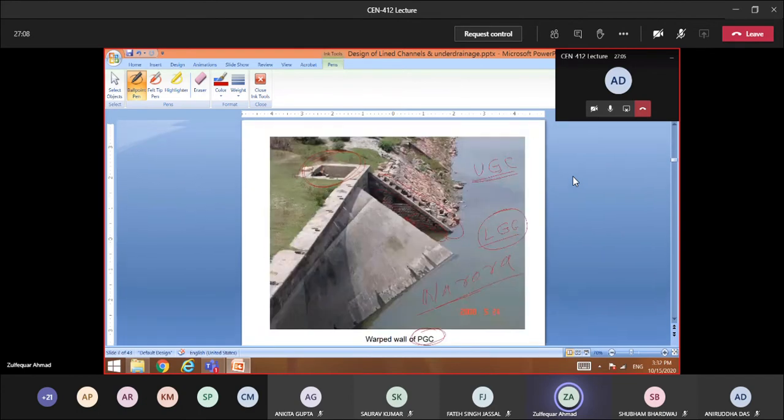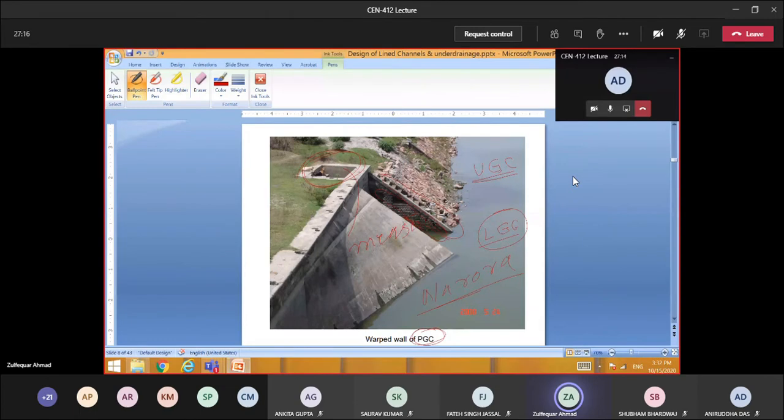It is clear now? So this is a measuring well. This measuring well is for the measurement of the water level. This is the measuring well, right? So now have you understood?